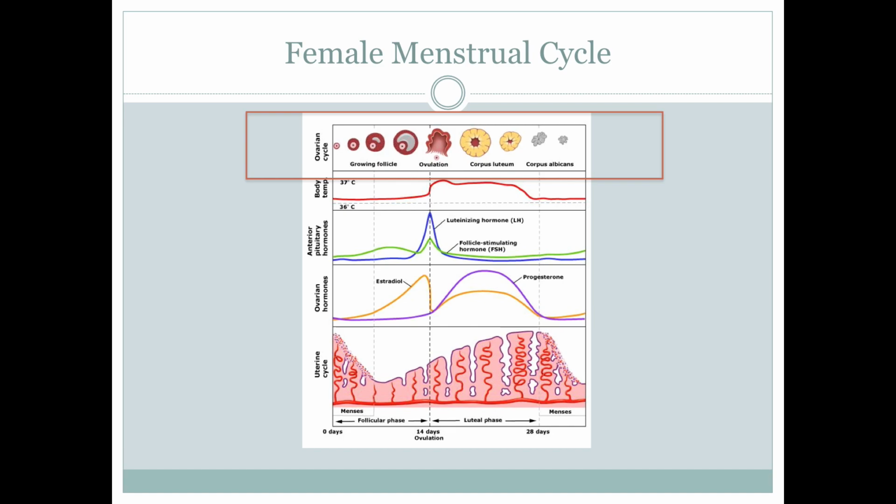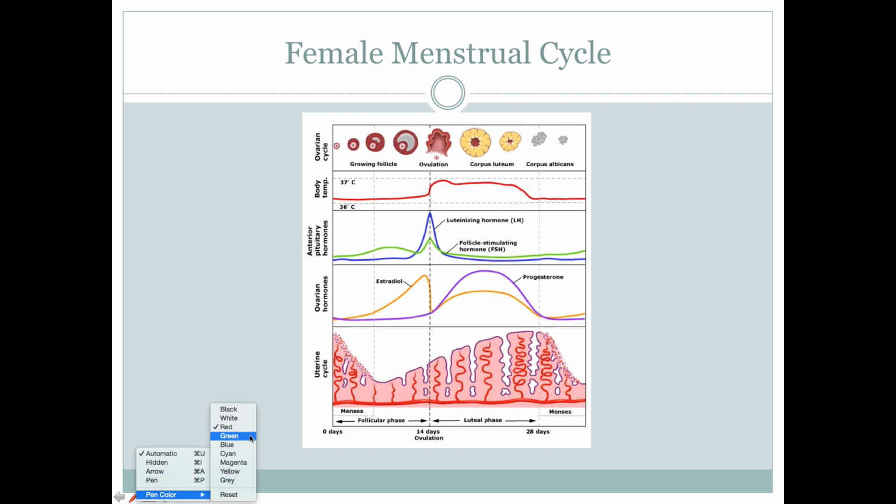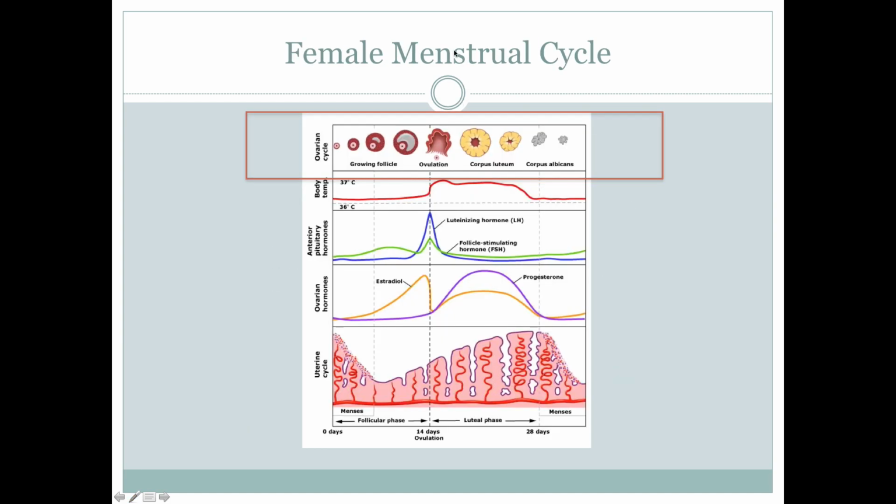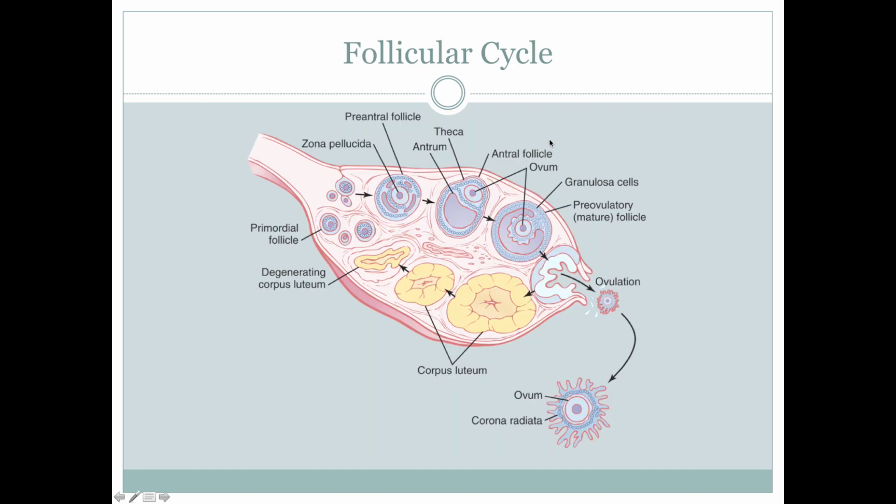All right, this is my favorite slide. Before I do anything else, I am going to tell you that this is the most important slide of the female reproductive chapter. Everything you should know endocrine cycle-wise is on here. So the menstrual cycle is referring to, again, this 28 to 35 day normal menstrual cycle, whereby there is the development of follicles, the release of an egg, and then the leftover pieces doing their own thing.